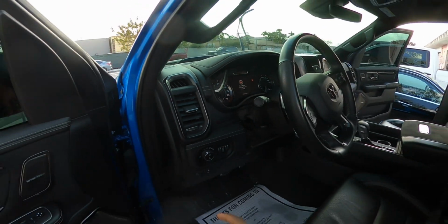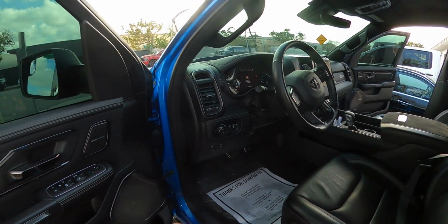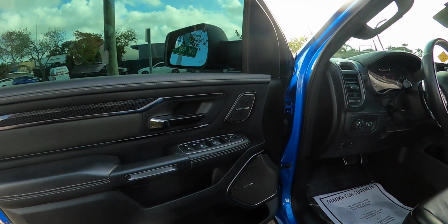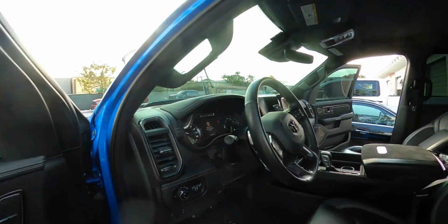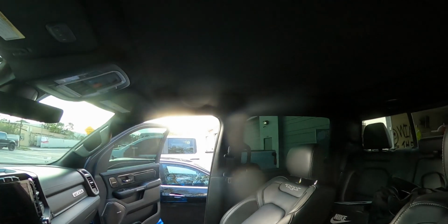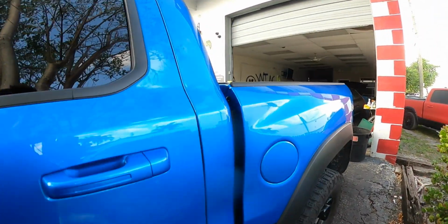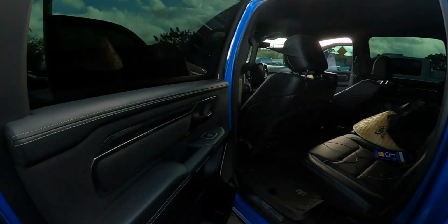Digital in the middle, and it only has 12,000 miles. My boy Jeezy basically kept this thing brand new. Harman Kardon. I like how they do the interior on this. That's why I say it's worth the money. Full panoramic roof. We'll open it up in a little bit. TRX on the seats, but yeah, full panoramic roof. The interior on it, even the back,